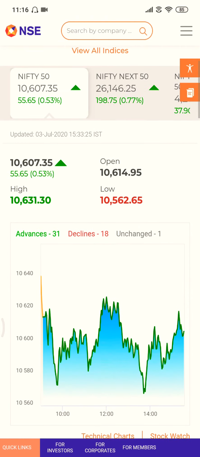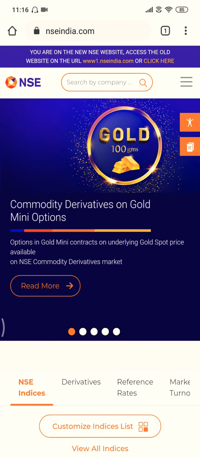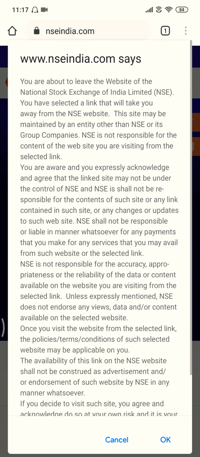But as this is the new website, I do not know how to check the option chain in this new website. So it's always better to go to the old website, and you can navigate to it by clicking www1.nseindia.com, or simply come to the new site and then press this URL.